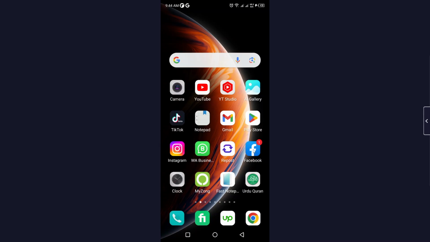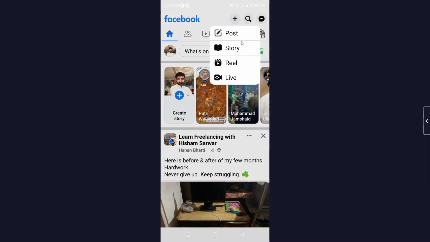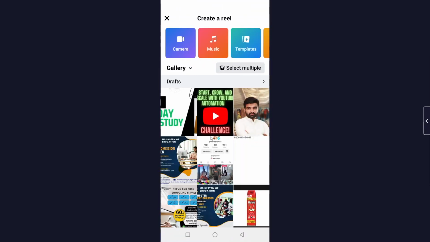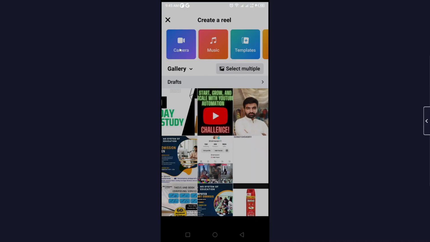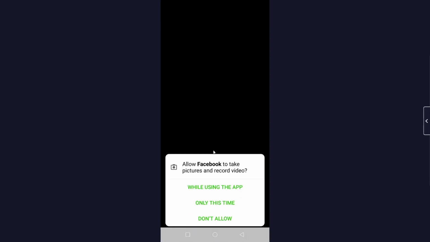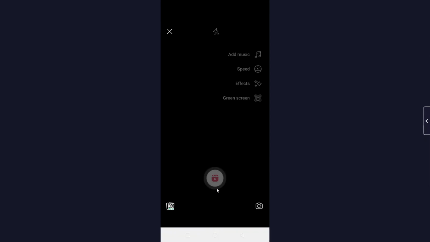So the first step you simply need to do is to open the Facebook application and click on the plus icon on the top. And here you need to click on reel. And let's suppose you record a reel. So allow access. Okay, so here you can see, but I'm not ready to post this video, for example, so I'm going to